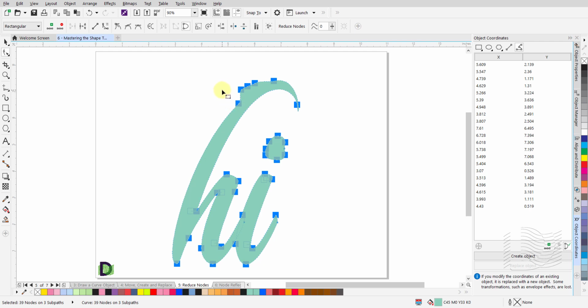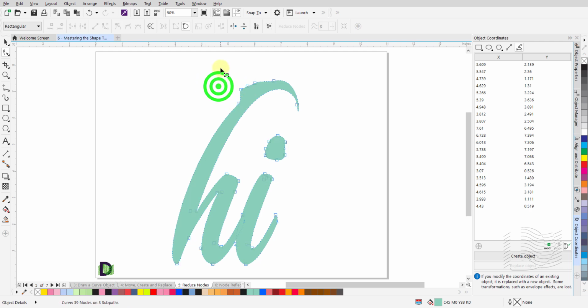To smooth the curve around this hump, left-click and draw a marquee around the nodes you wish to select. Now slowly slide the curve smoothness level up in the Properties bar to the right, thus further reducing the number of nodes. As you slowly drag the smoothness slider to the right, you will notice the nodes vanish one at a time.